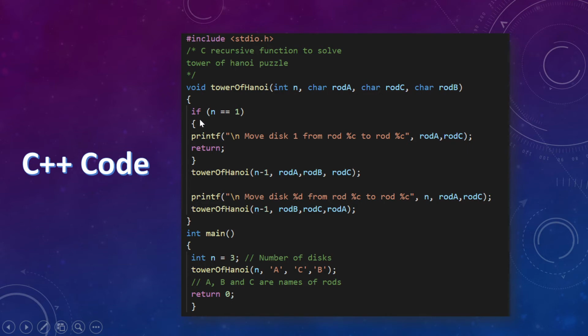Now we're giving a condition to the if statement. If n is equal to 1, you have to print "Move disk 1 from rod A to rod C", with the rods being the character parameters, and then